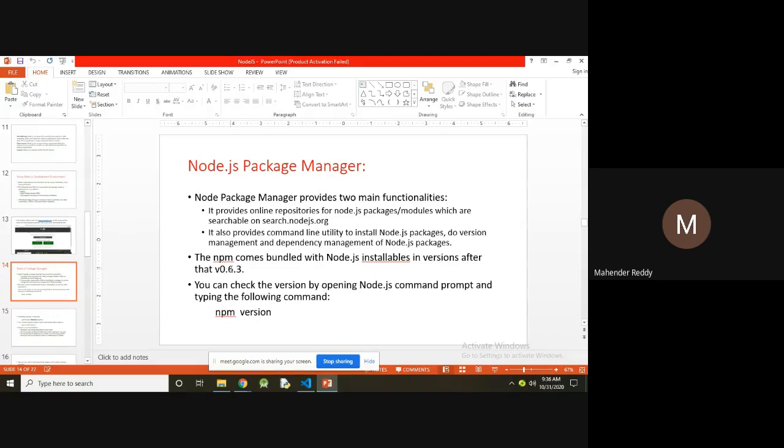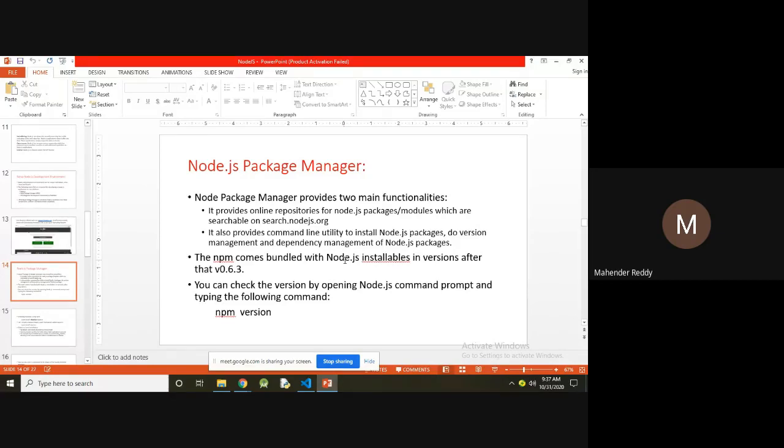After version 0.6.3 onwards, npm comes bundled with the Node.js installable file, so you get the npm package automatically. No need to install it separately.